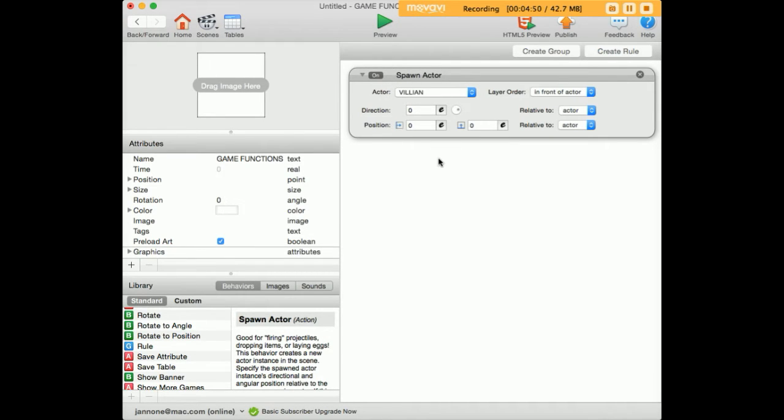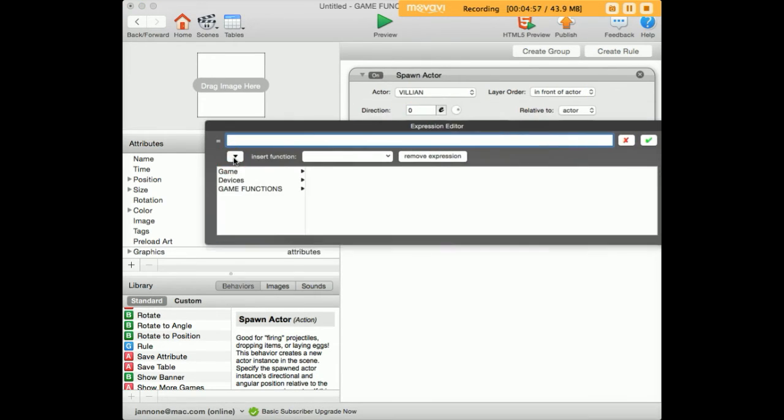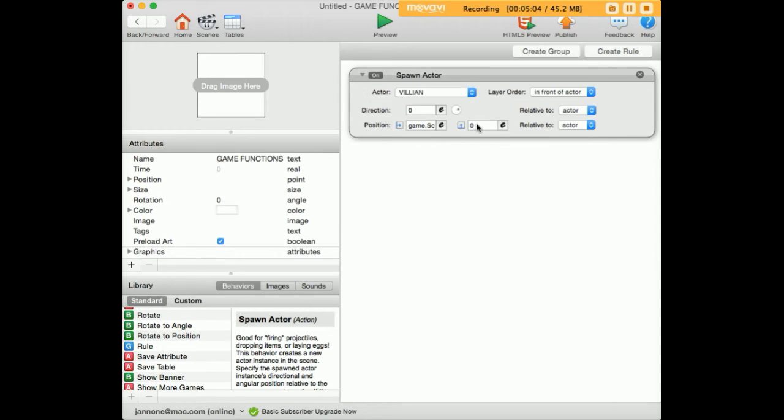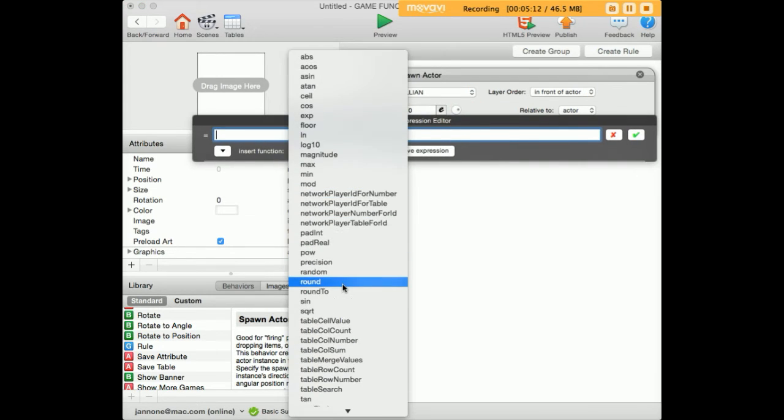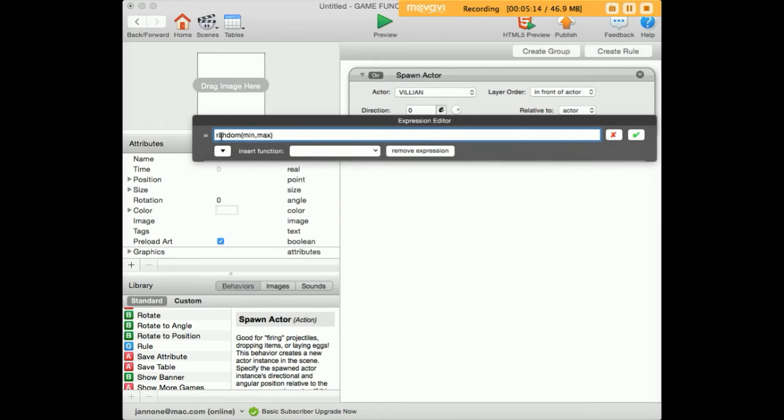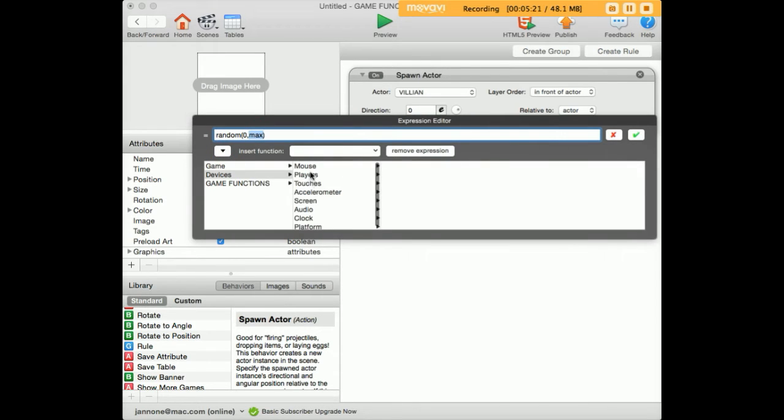Where is it going to spawn the villain? Well, let's spawn the villain at the right edge of the screen. The right edge of the screen is the devices, screens, size, width, and we can spawn it at a random location somewhere between the top and the bottom of the screen. So we'll insert the function random from minimum to maximum. So somewhere between 0, the bottom of the screen, and devices, screen, size, height, which is the top of the